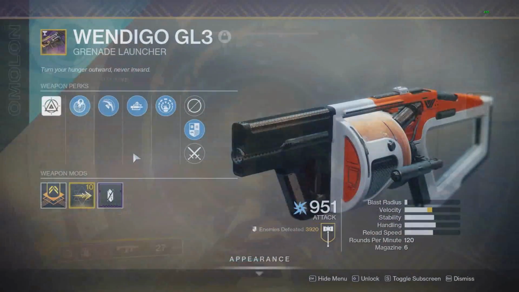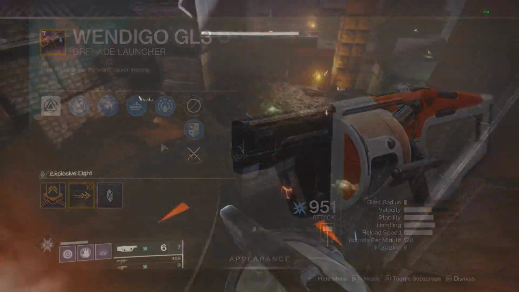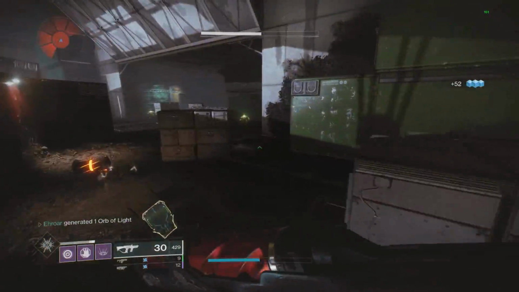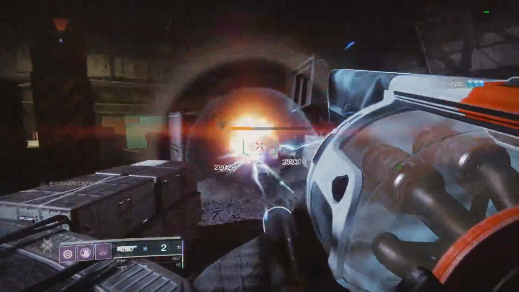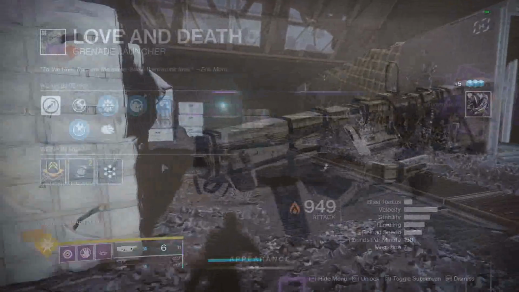I think we all know what that does. Its utility is still as good as ever with that increased blast radius and also the blinding grenades. It's really good ad clear, and also the burst damage over the first magazine is really good too. But after the first magazine, once you start reloading, the damage per second drops off a lot with this weapon, and since Loaded Question isn't very usable anymore for single target damage, swapping in something like a God Roll Love and